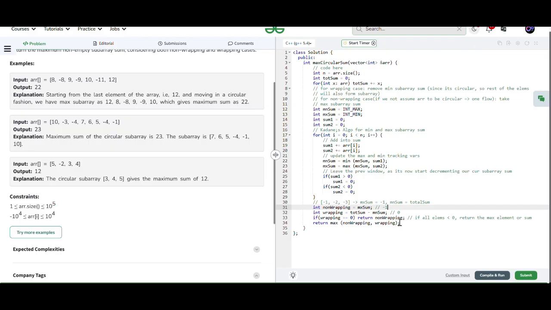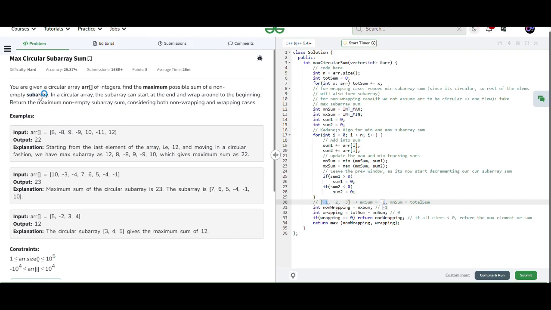So it returns 0, but the answer should be -1, because it's mentioned that the subarray should be non-empty, right? So I have to take at least one element into my subarray. So I will take the maximum possible negative value from the array, right?